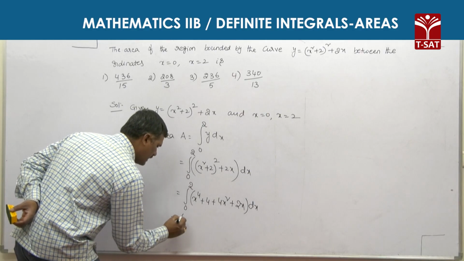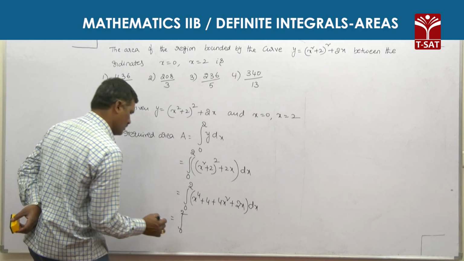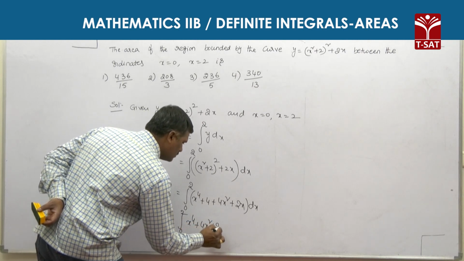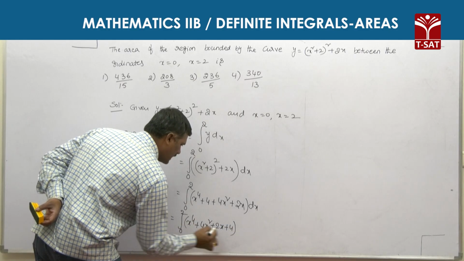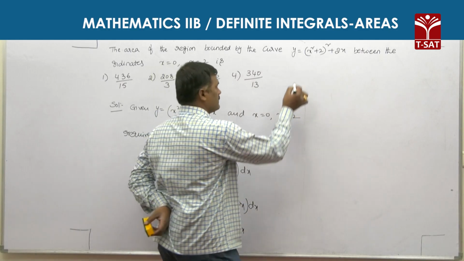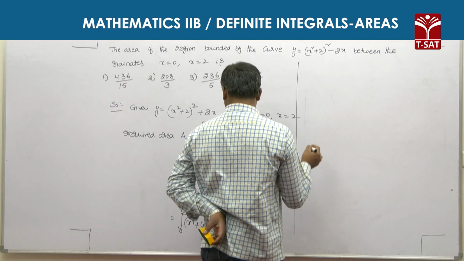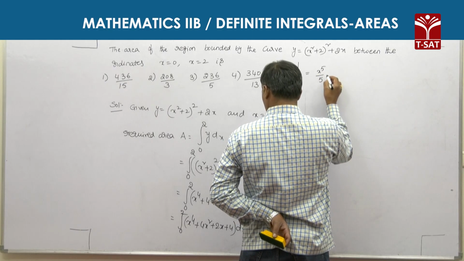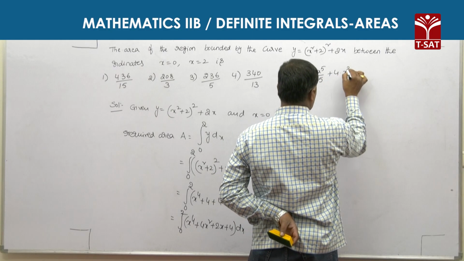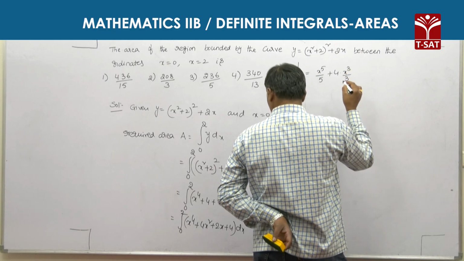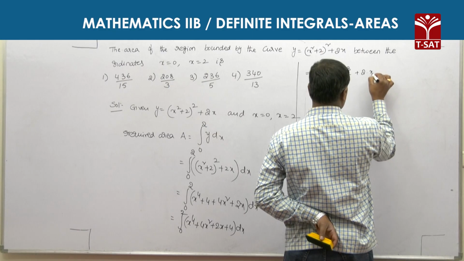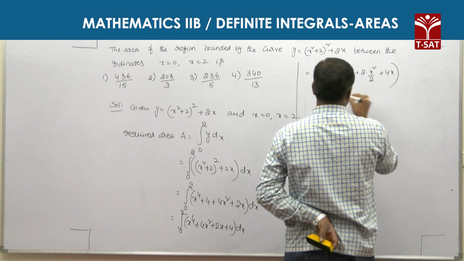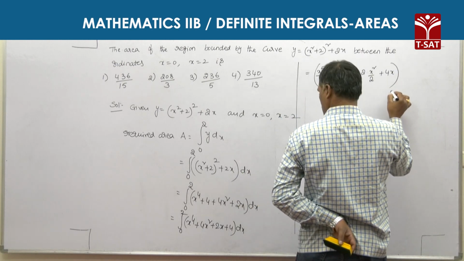That is equal to integral of 0 to 2 x power 4 plus 4x square plus 2x plus 4 into dx, that is equal to x power 4 integration x power 5 by 5 plus 4 into x square integration x cube by 3 plus 2 into x integration x square by 2 plus 4 integration 4x into dx integration x, limits 0 to 2,